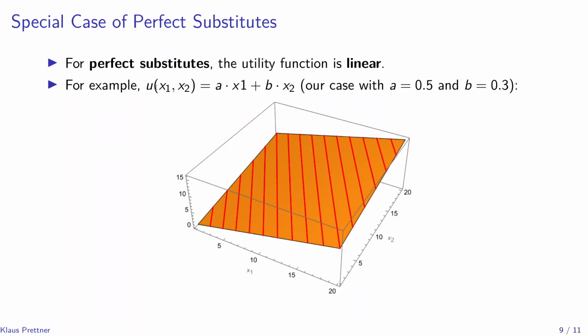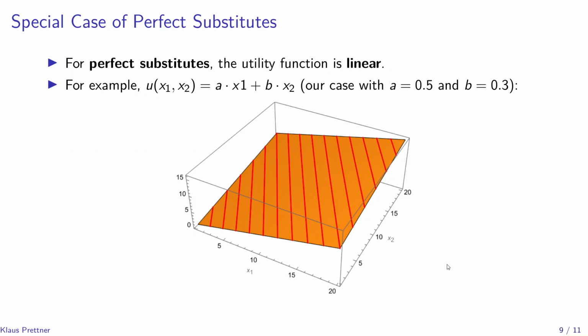So in this case, for example, a utility function would look like this: the utility of x1 and x2 is a times x1 plus b times x2. So here we would see x1 and x2 don't have an exponent, or they have an exponent which is implicitly equal to 1, so it's linear. And irrespective of how much we increase x1 and x2, the additional utility that we get would not be decreasing. In this case, we plot this here for a equal to 0.5 and b equal to 0.3,